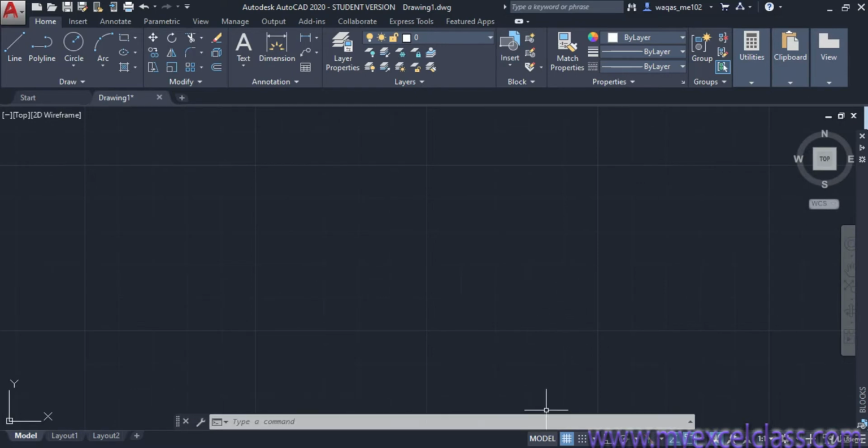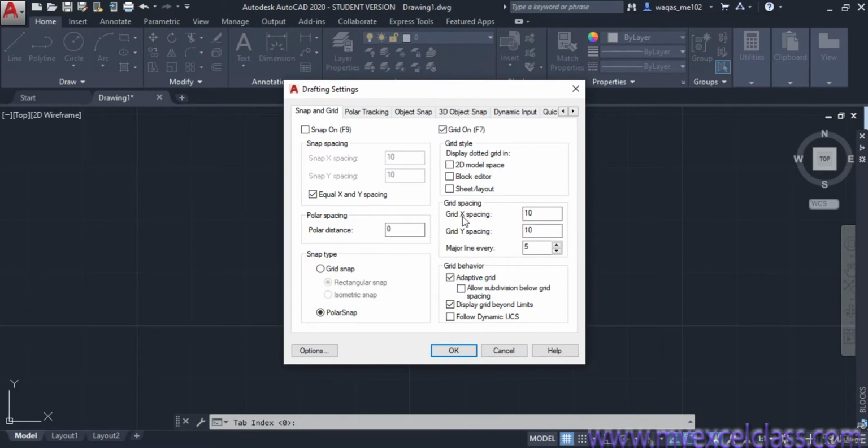So what does that setting mean? Here is the one main box in which we have 5 further boxes along the x-axis as well as the y-axis, and each sub box has a length of 10 as mentioned here. On the x-axis the small grid spacing is 10, on the y-axis the small grid spacing is 10, and one main box contains 5 further boxes on the x-axis as well as the y-axis. So this is exactly about grid.